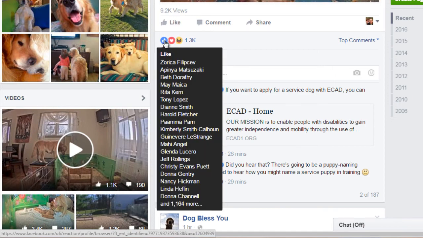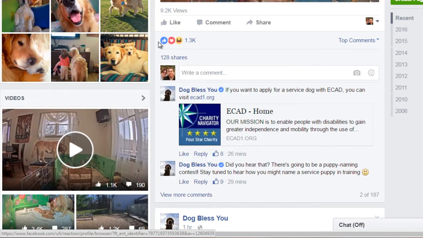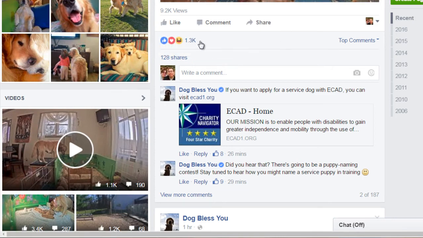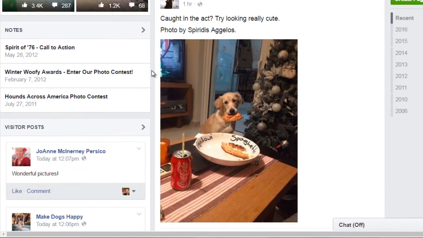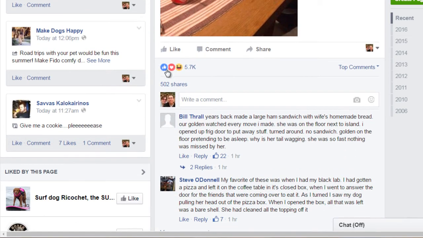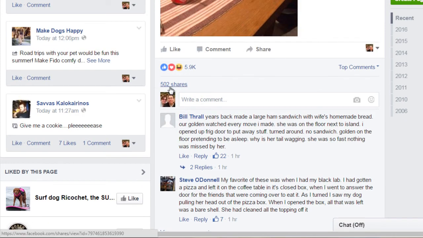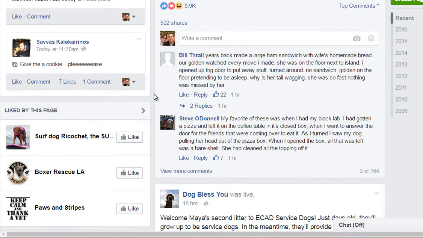What's nice about Facebook is it also allows you to like. And when you click on like here, as you can see, you can like, you can love, you can laugh, you can say wow, you can say sad or angry. Now, this allows you to see what people are feeling, right? So it's not just a like button anymore. There's a lot more information, and it gives it away. So now you can see not just how engaged people are as far as their comments go, as far as their shares go, but you can also see how they feel.